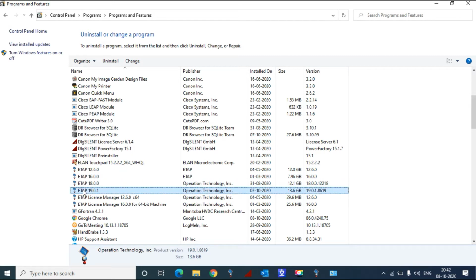All four ETAPs consume around 50 GB of my C drive space. If you have a huge amount of space on the C drive, then you can go for it.